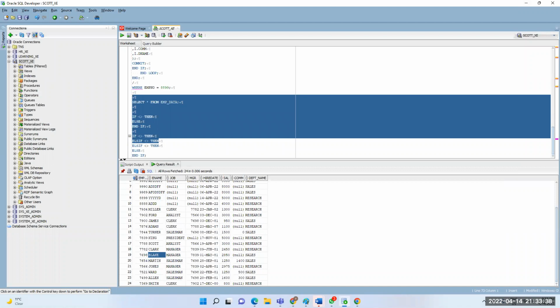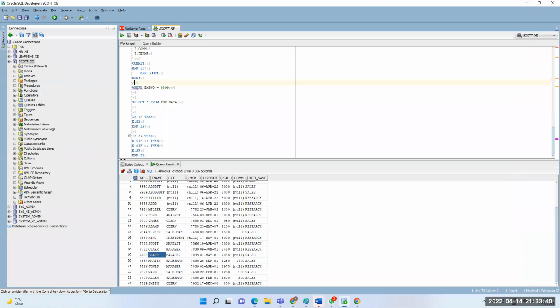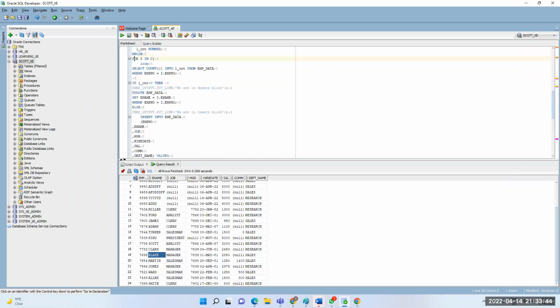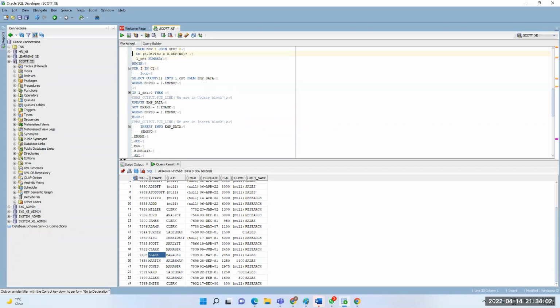Venu, one more quick question. Can you go a little bit up in the begin part? If we're using a loop, first we have to write the syntax for the cursor, and then whatever we're trying to fetch, we write that syntax, right?